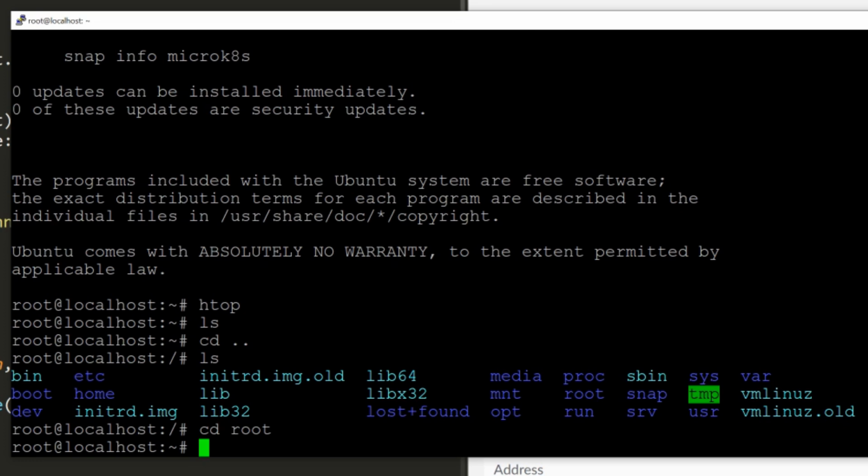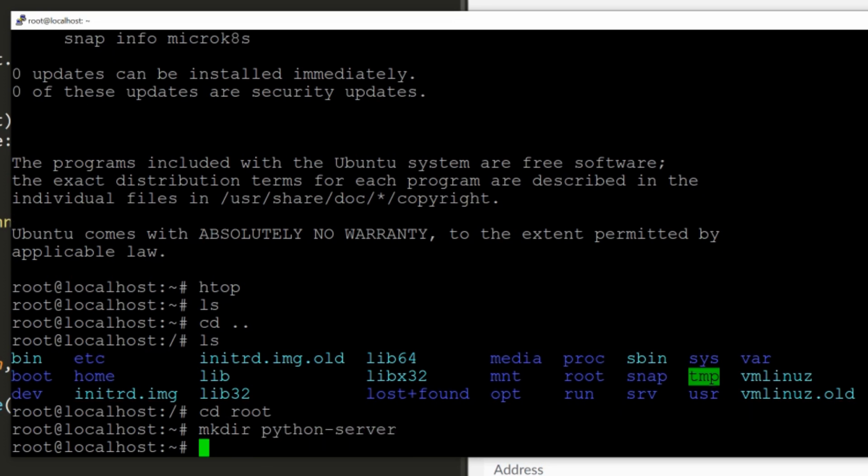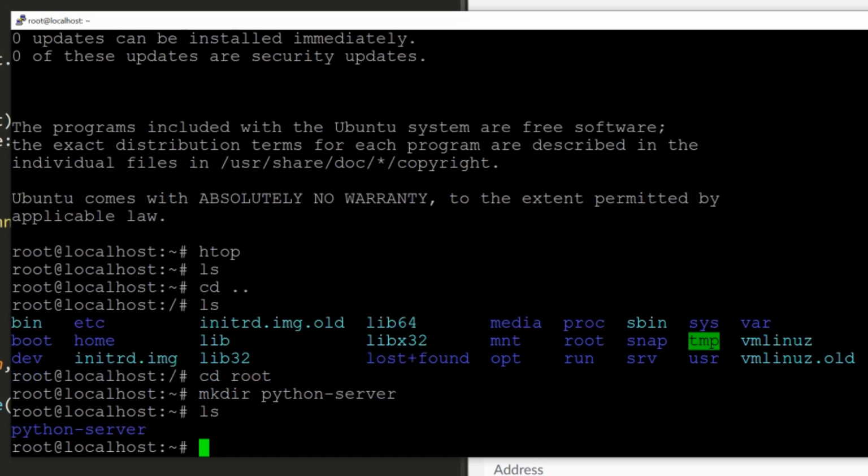To create a new folder, you're going to type mkdir, which stands for make directory, and you're going to type the name of the folder you want to create. So in this case, I'm going to say python-server, like that. So mkdir python-server, and now if I type ls to list the directory, you can see that we have this python-server. So I'm going to change directories into this python-server by doing cd